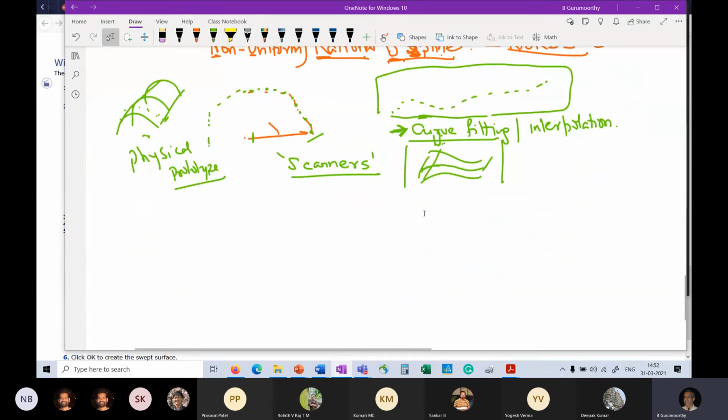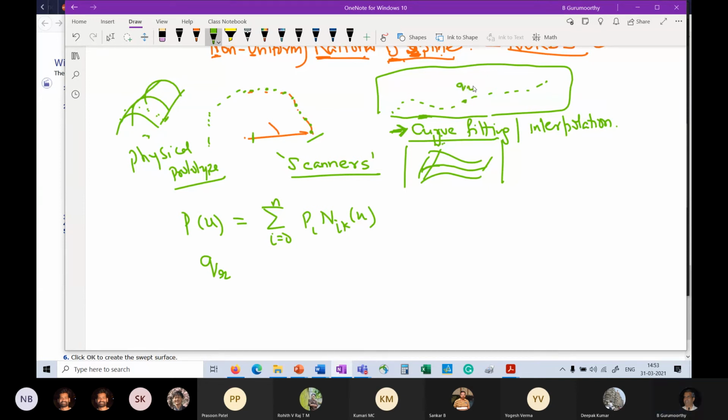So what is this problem now? So let's go back to your curve expression. Let's say a spline expression that I have, P of u equals the sum over i equals 0 to n of P_i N_ik of u. That's my expression. The only difference now is that I'm given a bunch of points Q_r, right? So this point is Q_r. And so my curve fitting problem then becomes